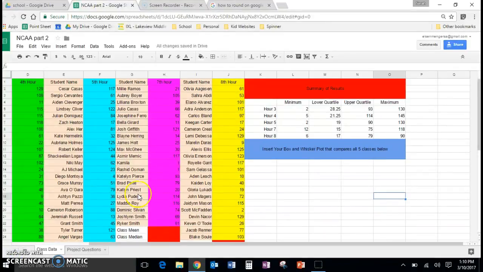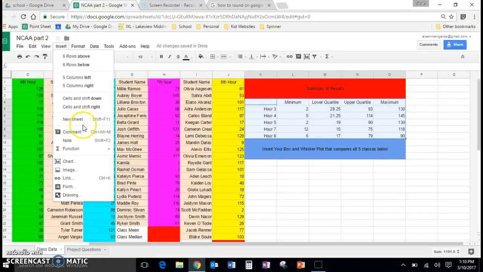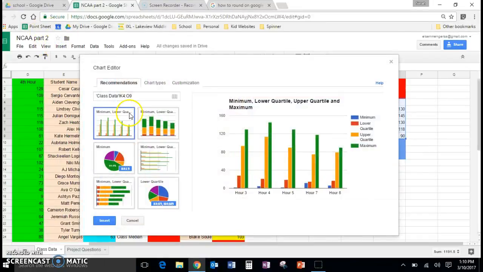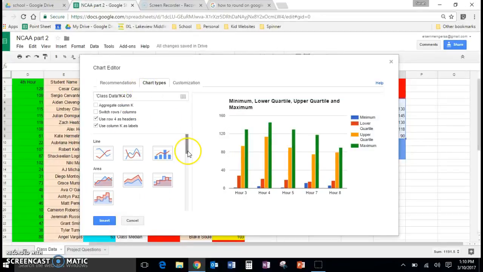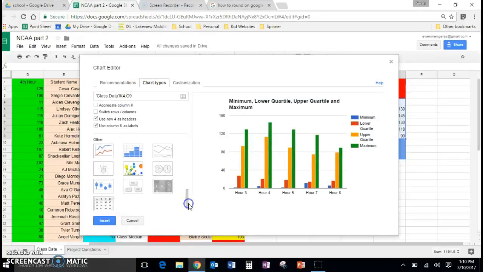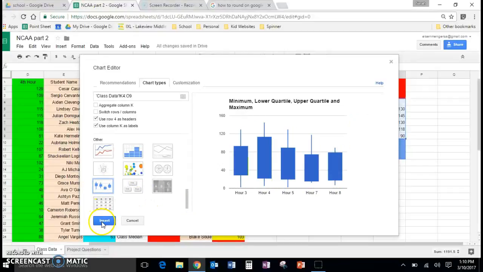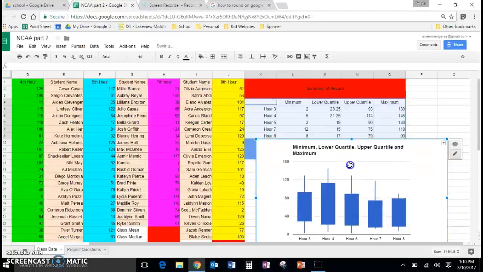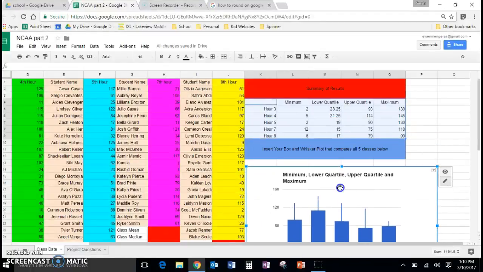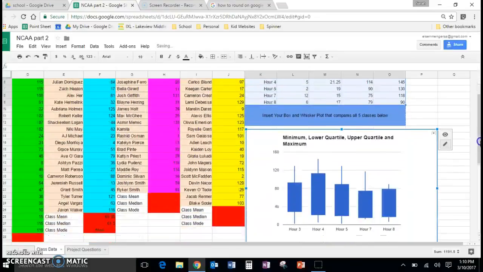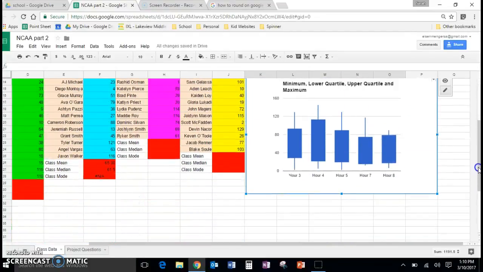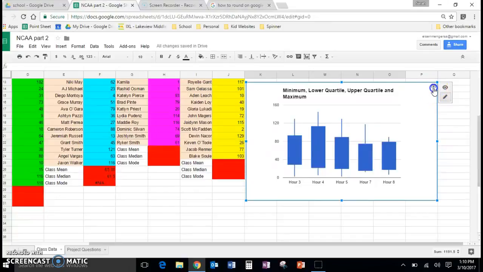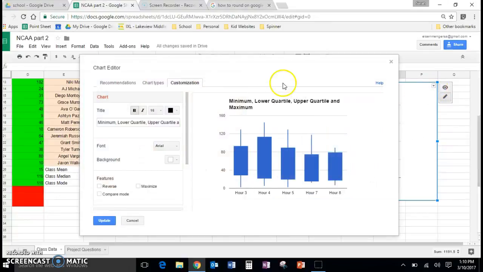The last step will be to make our box and whisker plots. So what we're going to do is come over to our data that we just made, and we're going to highlight it. And then we're going to go up to Insert, and we're going to say Chart, and we're going to go to Chart Types, and we're going to scroll down and find our box and whisker that looks like this. And now we're going to say Insert. And then I think we need to move it down. And now we need to do a little editing on this. So I'm going to go up to this arrow, and I'm going to say Advanced Edit,